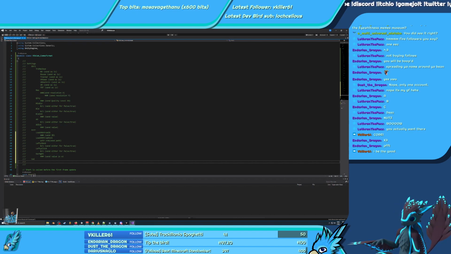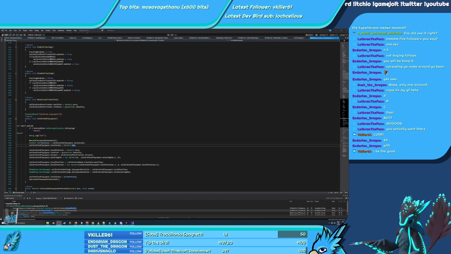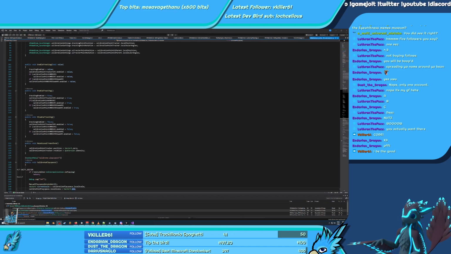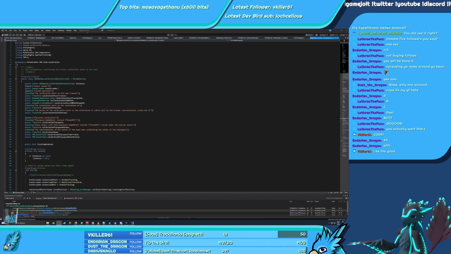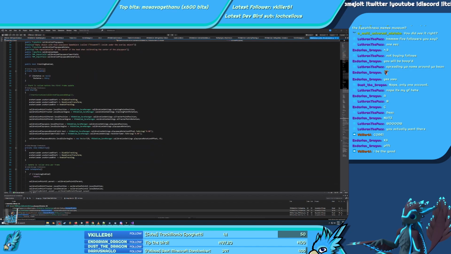Okay. I really need to find where the heck the bit of code I'm looking for is. So I need to get where I place the tracker. So I need to place the position of the tracker.